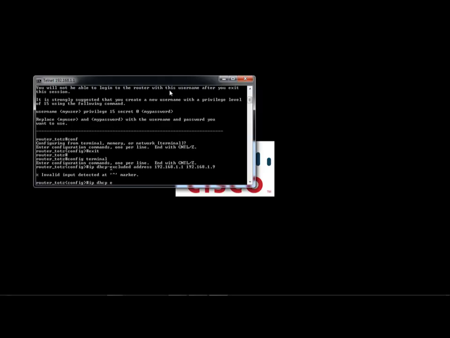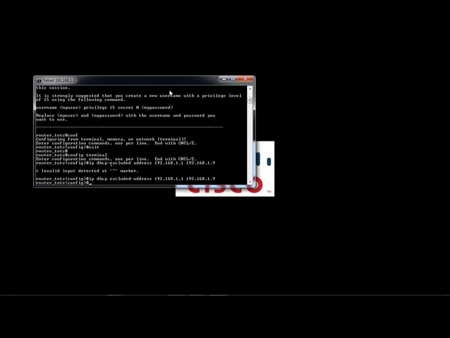ip dhcp excluded-address 192.168.1.1 192.168.1.9. This is because I don't want to give any client an IP address from 192.168.1.1 until 192.168.1.9.